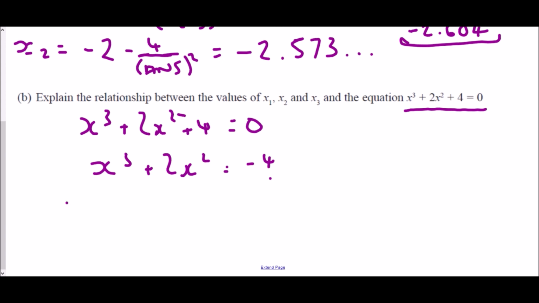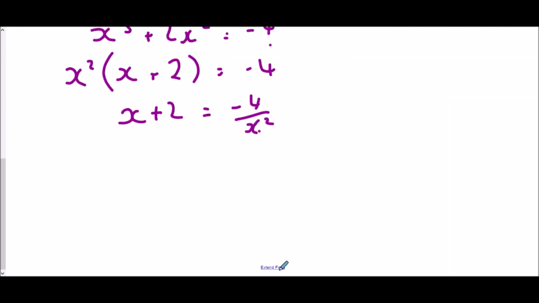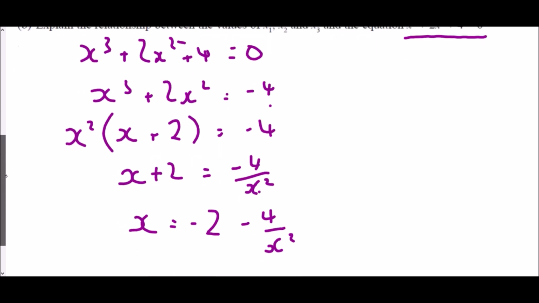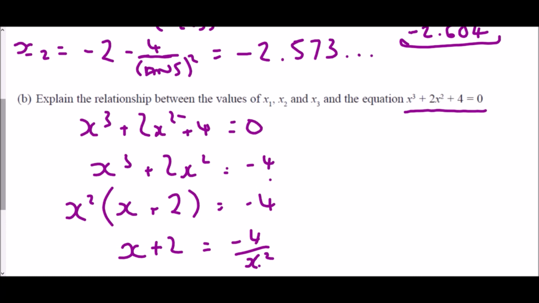We then factorise with x squared, so x squared times x plus 2 equals negative 4. We divide by the x squared, so x plus 2 equals negative 4 over x squared. And then finally, we'd subtract the 2, so x equals negative 2, take away 4 over x squared. That's just a little bit of proof that it is a rearranged version. It's not necessary in this question, but that's just there to show. But the first thing is that you must mention in an explanation that this is a rearranged version